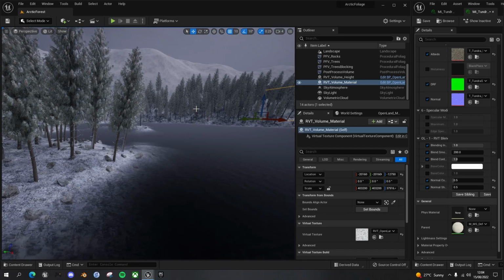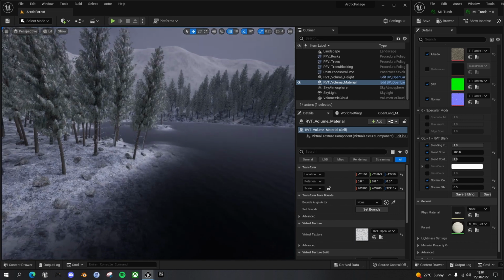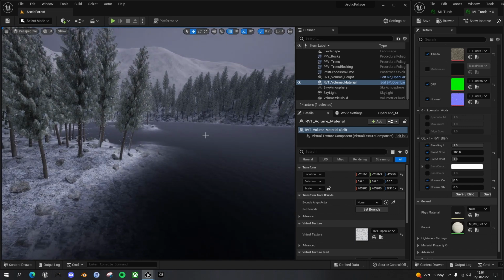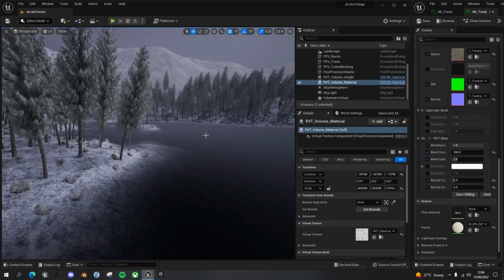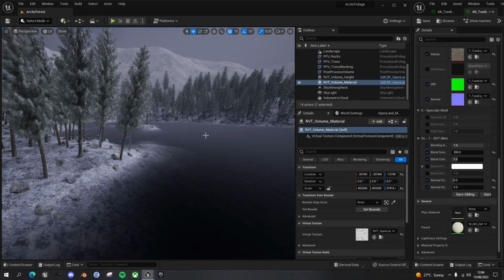And don't forget to save your settings. In the next episode, we are going to create 2 types of mist, a planar mist that's good for cinematics and a volumetric mist that's suitable for